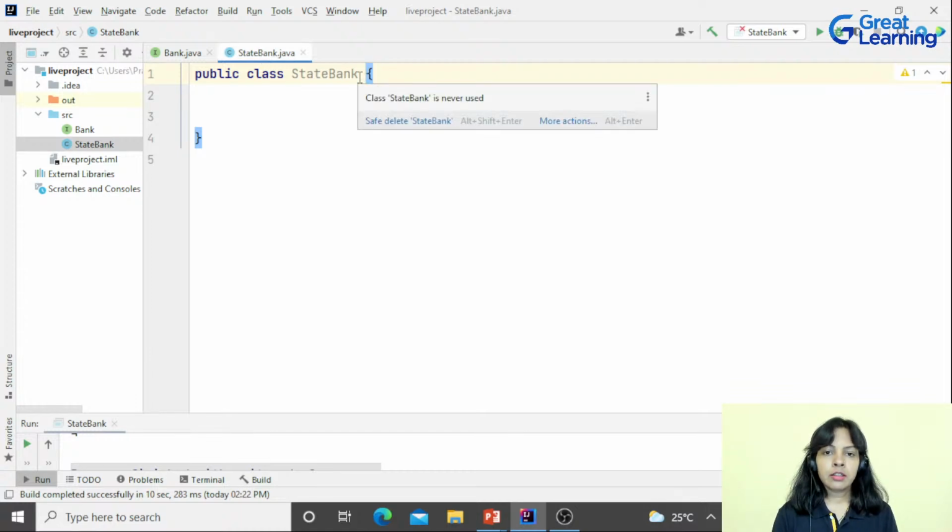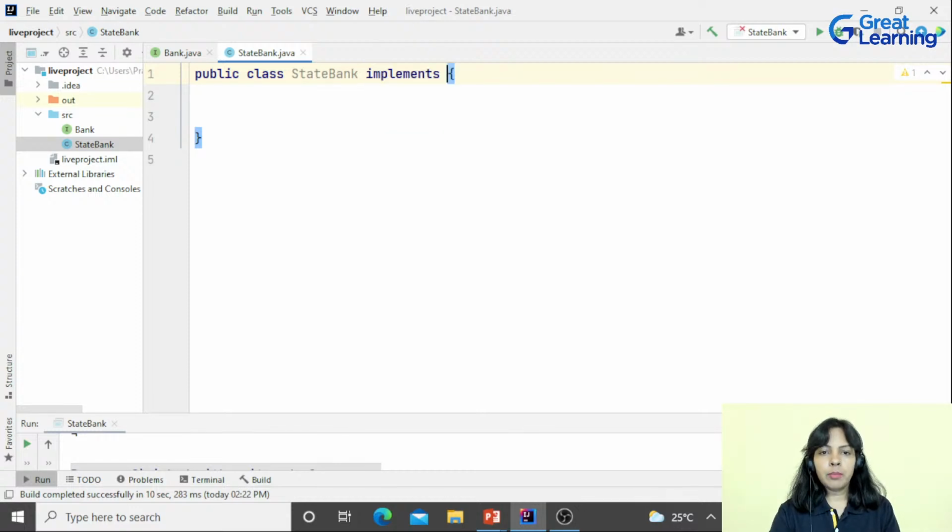By using the implements keyword. You can see here, implements is the spelling. This is the keyword which has to be used. So I'm going to implement the interface. So the implements keyword, and after that the name of the interface, that is Bank. Bank is the name of the interface. So it implements Bank. Done.